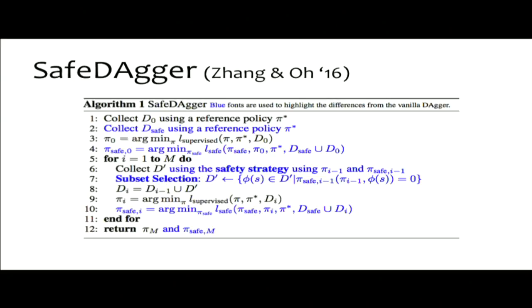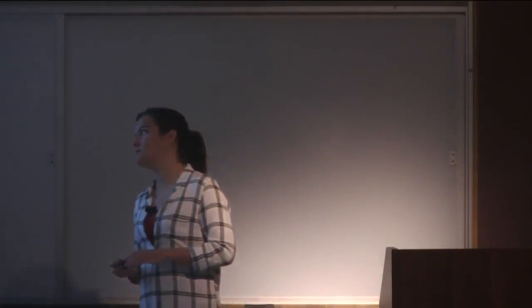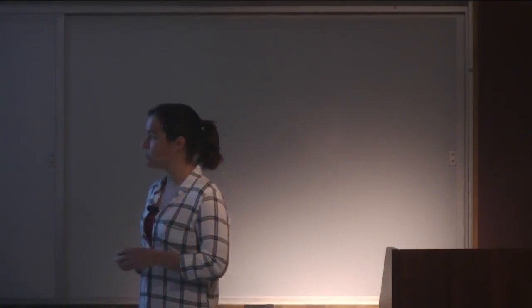Do you have a question? Yeah, so if the human has to be on deck to step in when the policy's not being safe, how is that any better than just him or her labeling the data to start with? Yeah, that's kind of a challenge here. If the human needs to be on deck 100% of the time, that's impractical.